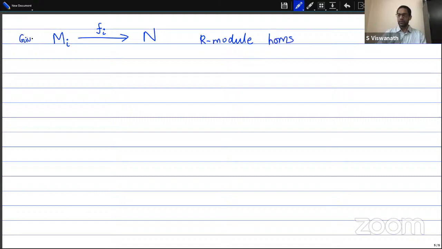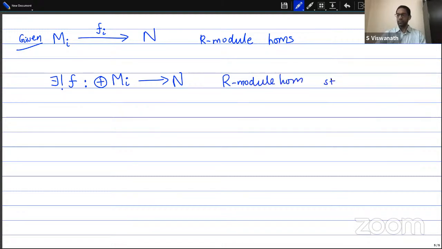Given such a collection of modules and homomorphisms to a single target module N, there exists a unique R-module homomorphism, let's call it F, from the direct sum of the Mi to N. And how do you define this? So this is again an R-module homomorphism,